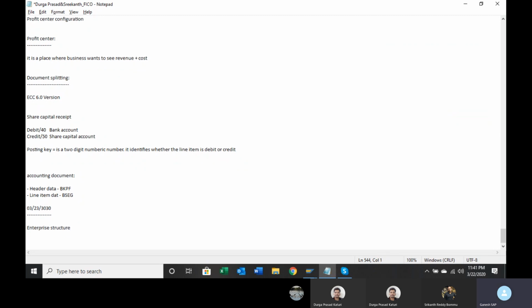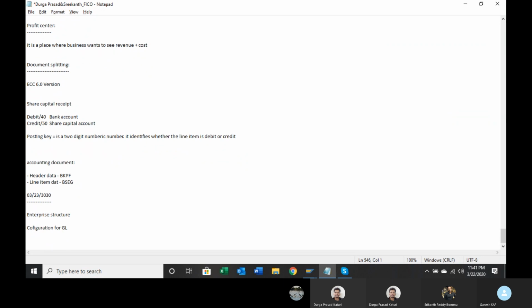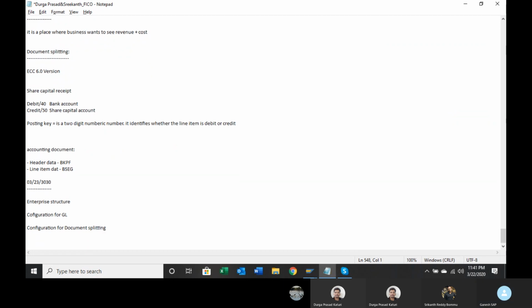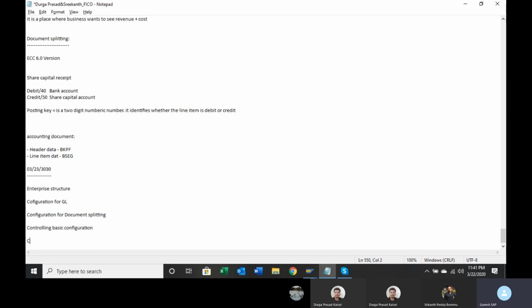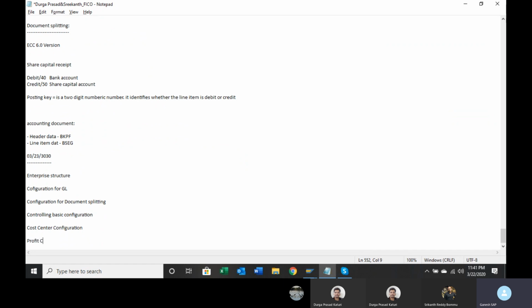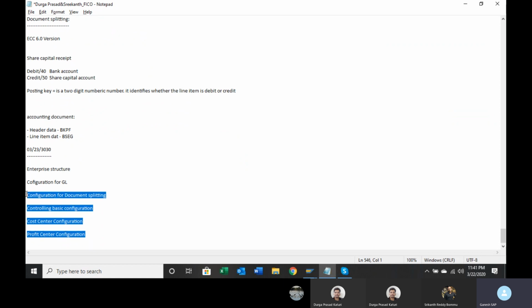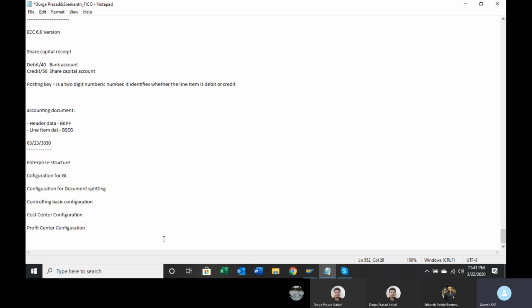We have done configuration for GL, configuration for document splitting, controlling basic configuration, cost center configuration, and profit center configuration. So all basic required configuration we have done so far.